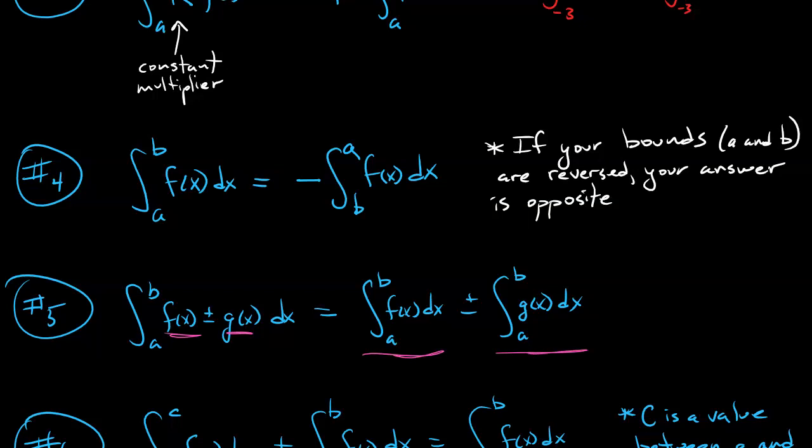And this is exactly like we had done with limits. It's like we had done with derivatives. Addition and subtraction is an operation that frequently can be separated, because the whole point of the operation is that they are separate things to begin with anyway. So, if you want me to write an example,